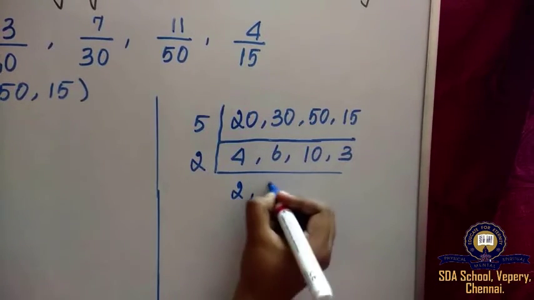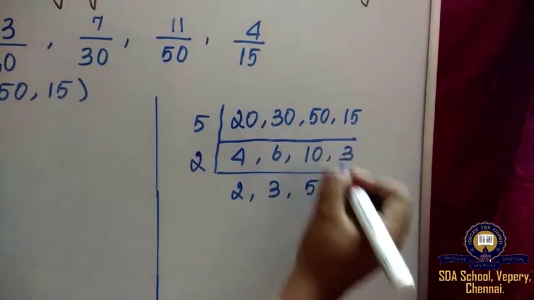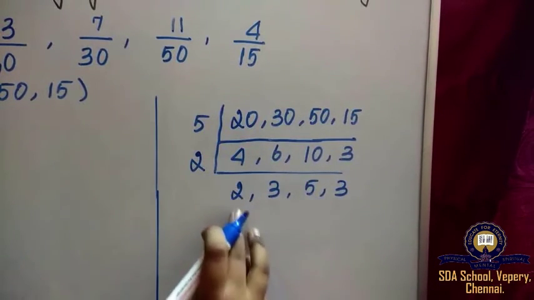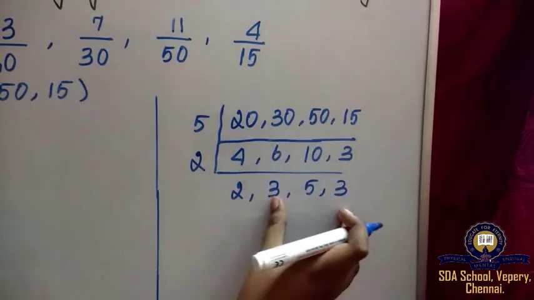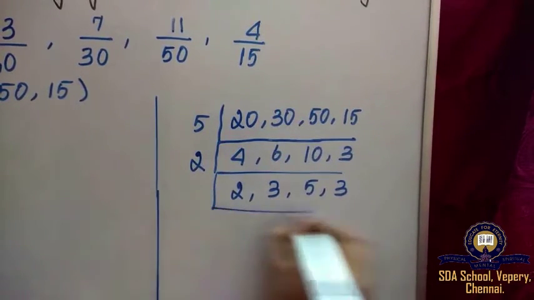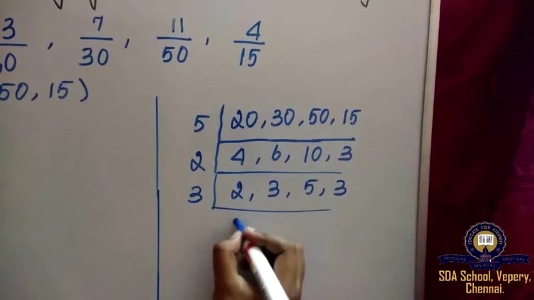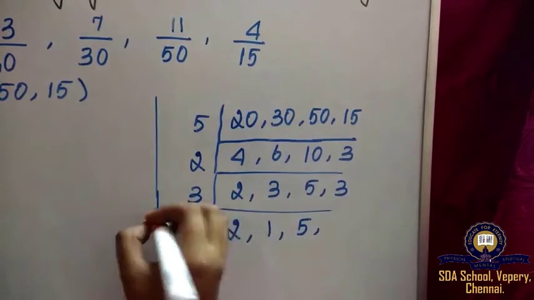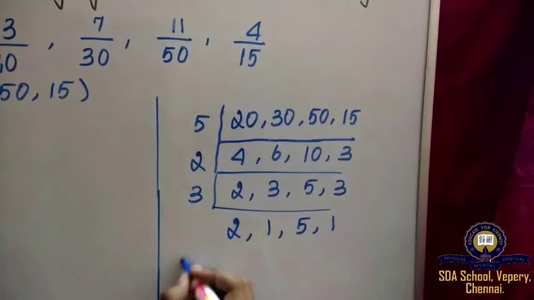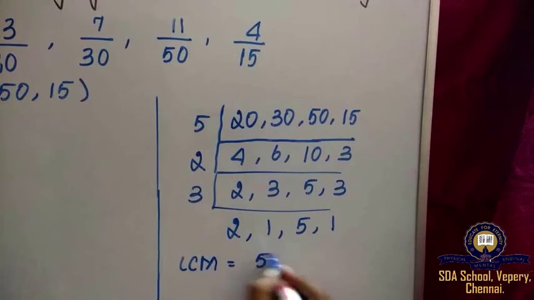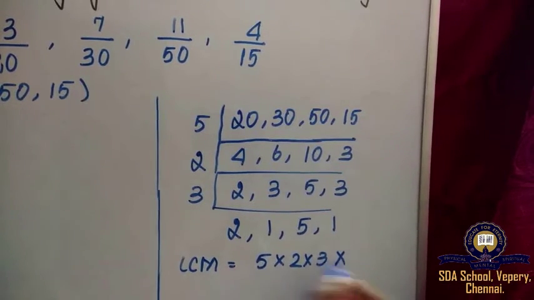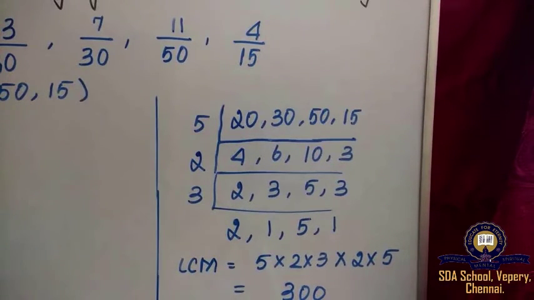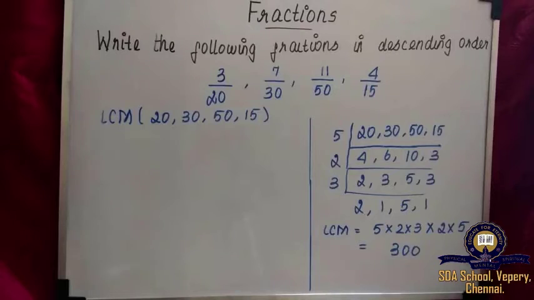2 2s are 4, 2 3s are 6, 2 5s are 10. Bring this 3 as it is. So when you look here, 2, 3, 5, 3. 3 and 3 have a common factor 3. So bring 2 down as it is. 3 ones are 3. 5 as it is. 3 ones are 3. So LCM is equal to 5 into 2 into 3 into 2 into 5. So when you multiply, you will get 300. So the LCM is equal to